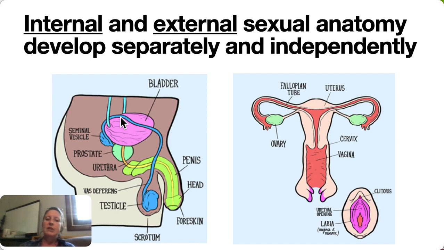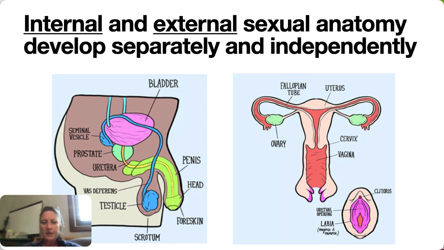The vas deferens loop around the bladder, join up with a few glands that produce secretions that end up in the semen, and then they come out through a tube called the urethra, so that the sperm and the semen can exit the body. Now, the urethra is the same tube that carries urine from the bladder. So in males, and we'll talk about this later, there is basically a switch that prevents the two from mixing,